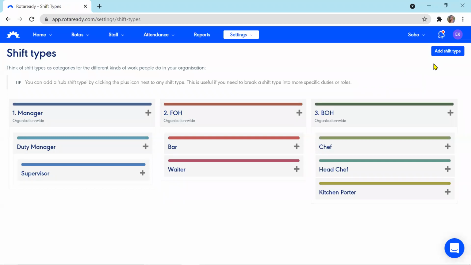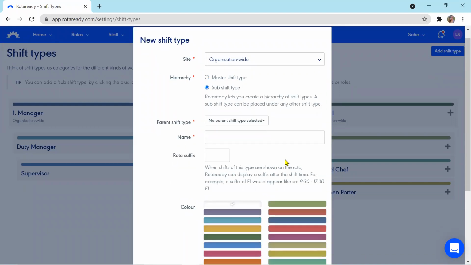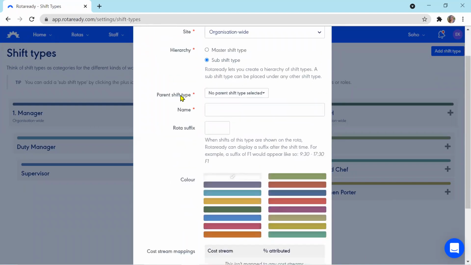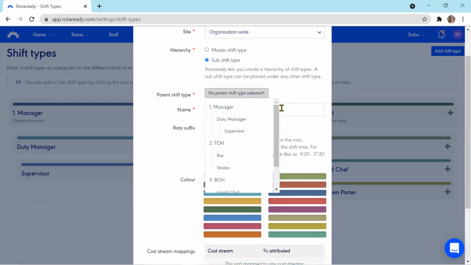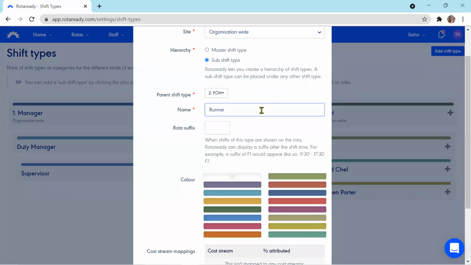To do that, you would go here to the top right corner and click this blue button saying add shift type. First thing you would select is whether you want to create a master shift type or a sub shift type. So in this example, I'm just going to go ahead and click sub shift type. Next thing you want to do is select the parent shift type. In this case, I'm just going to go with the front of house,